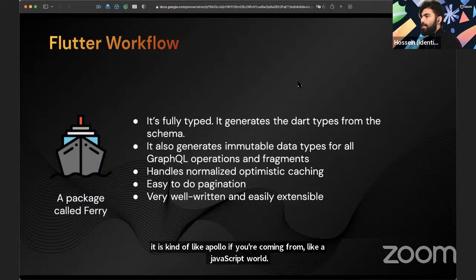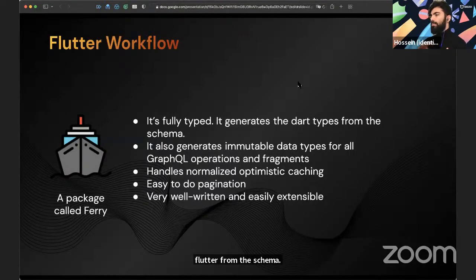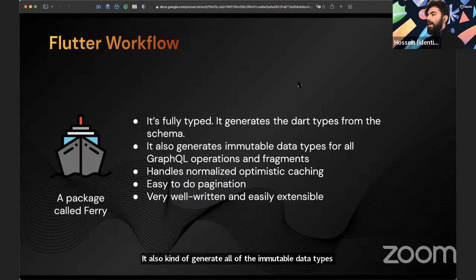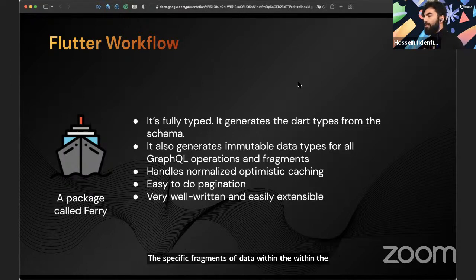It generates all of these Dart types, obviously for Flutter, from the schema. It also generates all of the immutable data types for queries and mutations. And then you can use fragments to read and write specific fragments of data within the cache. So it's really easy to handle even very complex caching situations. And for normal stuff, the optimistic caching just works perfectly.